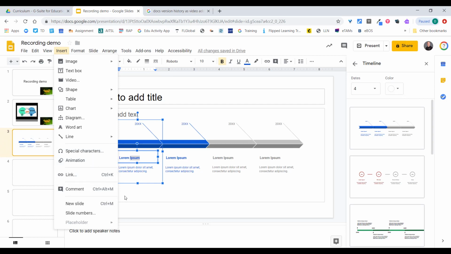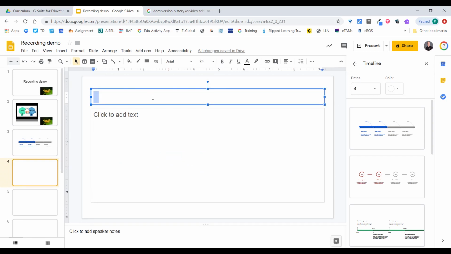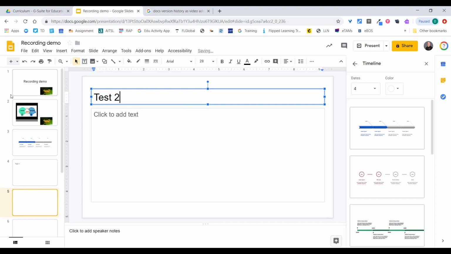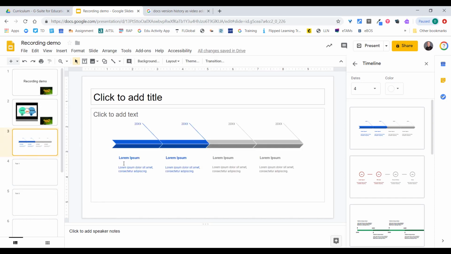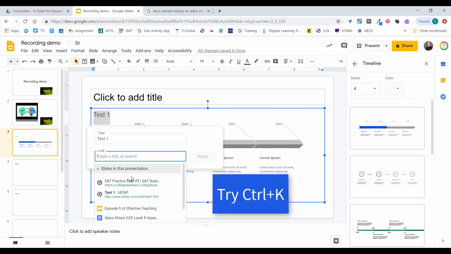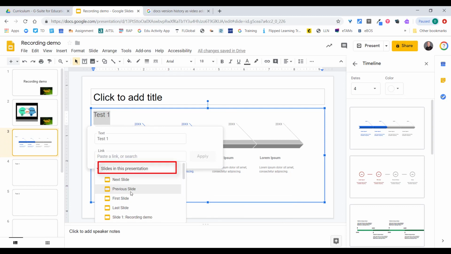So as I was saying, if you are using all these slides, if the slide has a title, so test 1, and let's say this one's test 2, if I want to, rather than making people go straight to the next one, if I put in test 1, I can then hyperlink. There's a button here for hyperlinking. And here's my slides in this presentation, the next slide, first slide, but I can also choose,